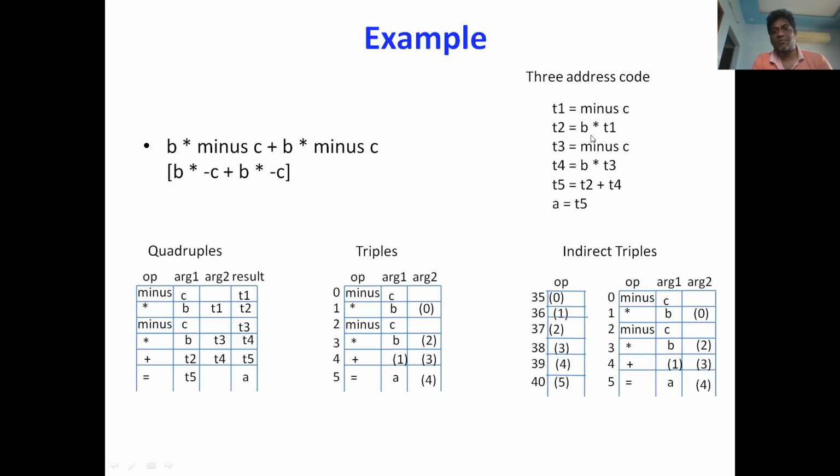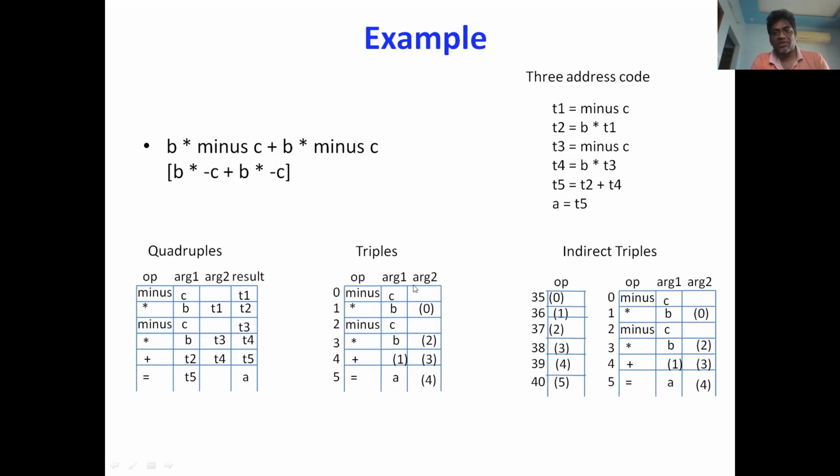So the second expression is b into t1. Okay, so b into t1 is b into minus c. Minus c is represented by the index 0. Therefore, argument 2 becomes 0. These parenthesized indexes represent the sub-expressions. So this argument 2 is going to be 0 to represent that sub-expression minus c. Okay, and then again we are representing minus c as another sub-expression, and this time we use b into 2 for this. Okay, and finally the plus operator is t2 plus t4.